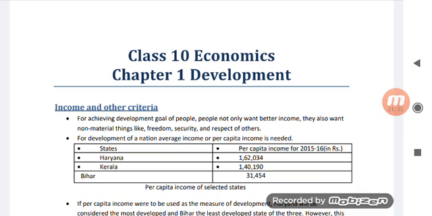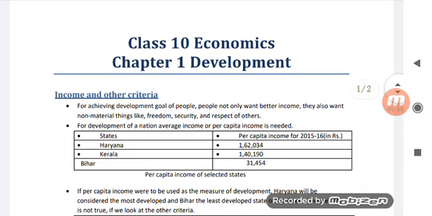For development of a nation, average income or per capita income is needed. That means for the development of any country, the average income or the per capita income is needed. So look at the table here. Some of the selected states are given and their per capita income as well. The first we have here is Haryana. Haryana's per capita income for 2015-16 in rupees was